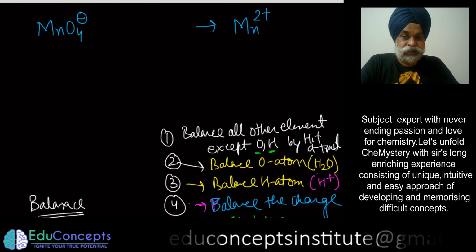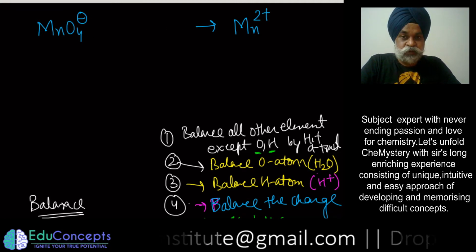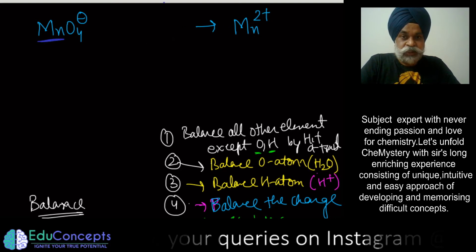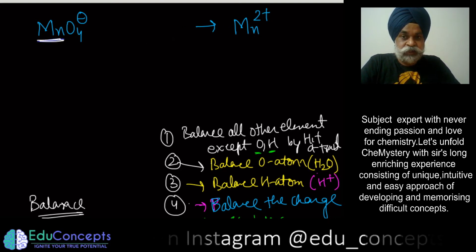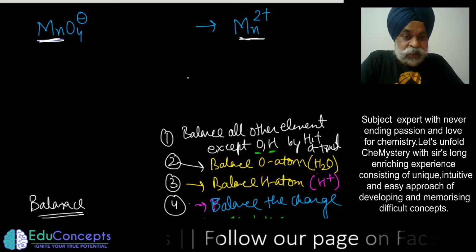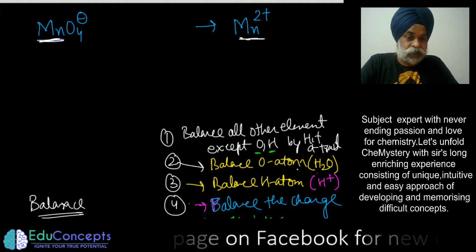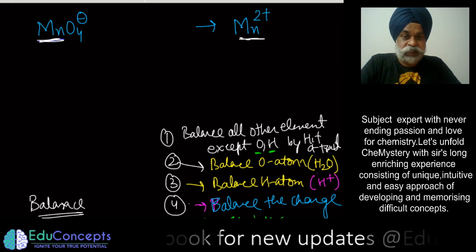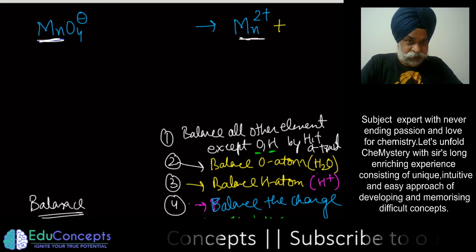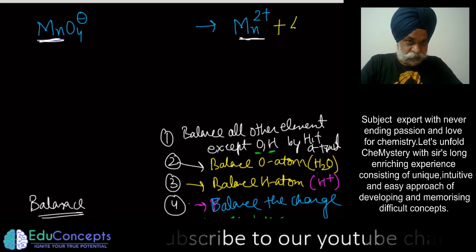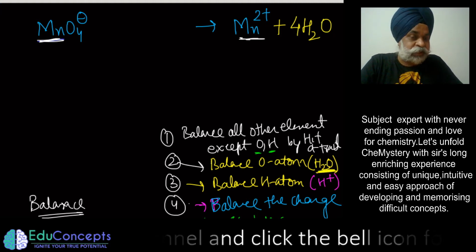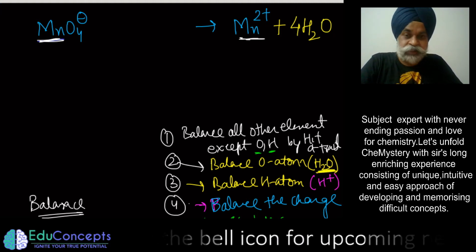So there is oxygen here on the reactant side. So what I do is put here, there is one manganese. So there is one manganese here. So here also you have one manganese. So manganese atoms are balanced. Now second, you have to balance the oxygen atoms. So here on the reactant side you are having 4 oxygen. On the product side you don't have any oxygen. So I put 4 water. As I said, water is to be added to a site deficient in oxygen atoms.